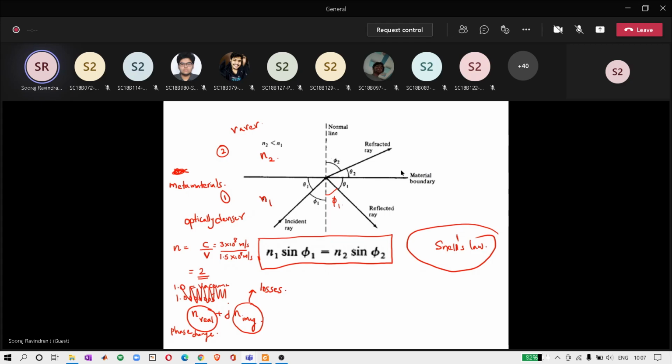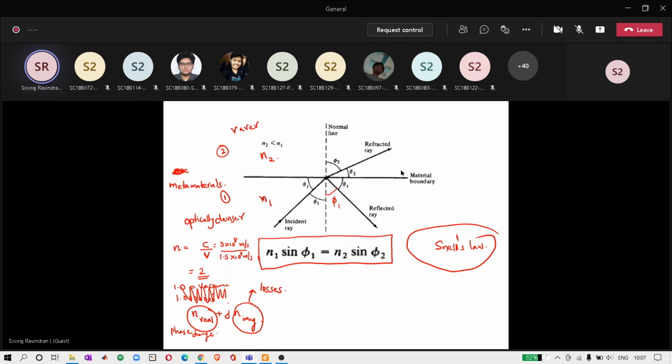Refractive index is always frequency dependent or wavelength dependent. So that's also something which is very important to remember, some of the basics. Okay, so if you have a medium and let's say that the incident ray makes an angle of phi 1 with respect to normal,